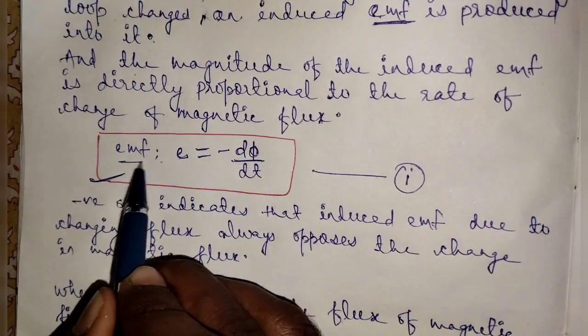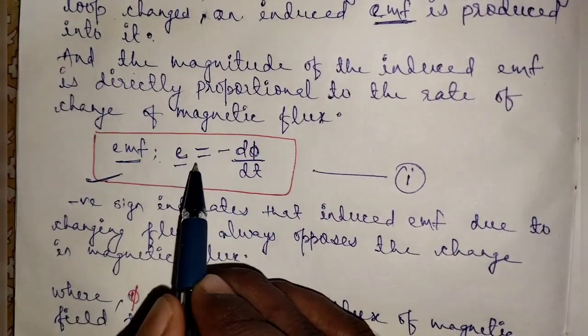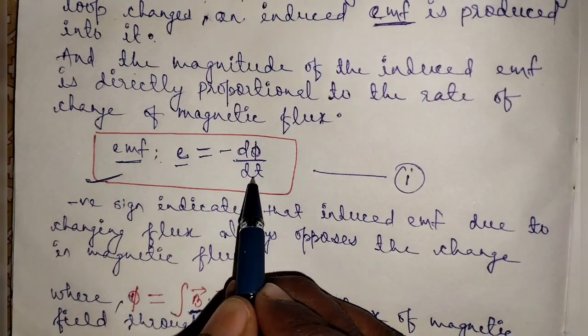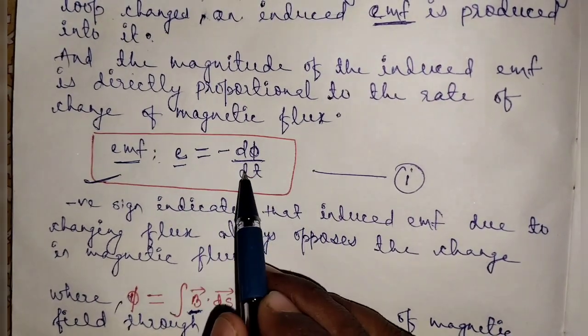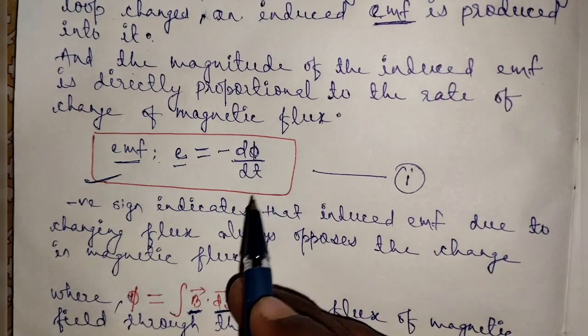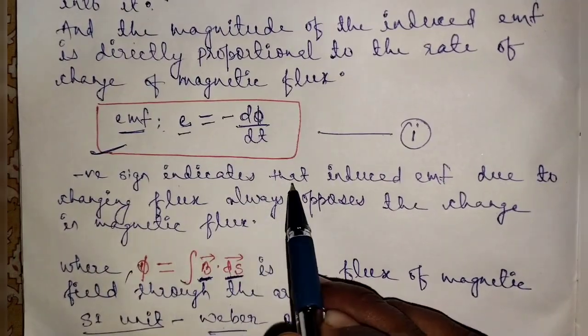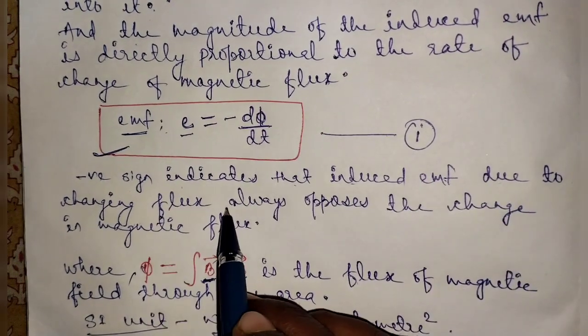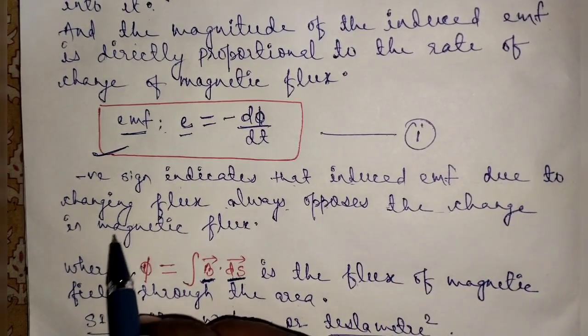So the EMF is written as E equals minus d phi by dt, where d phi by dt is the rate of change of magnetic flux, phi is the magnetic flux, and the negative sign indicates that the induced EMF due to changing flux always opposes the change in magnetic flux,